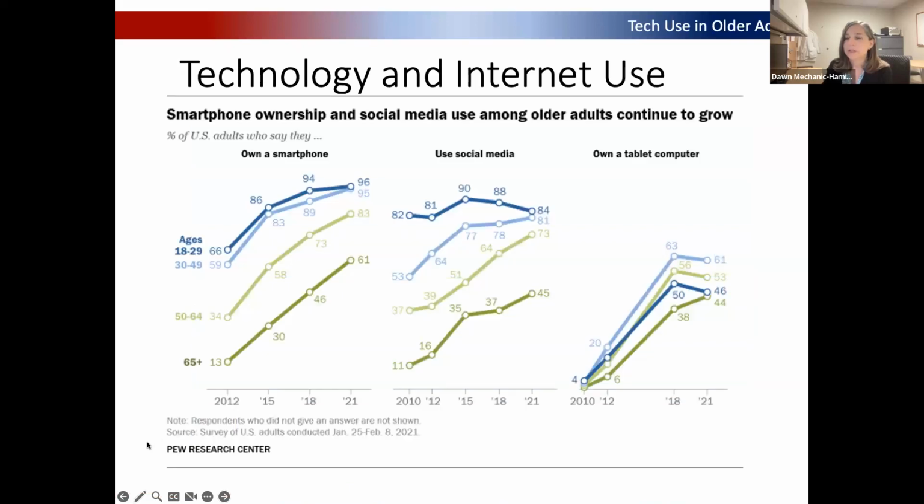Thinking about tech and older adults, the population that I typically work with, when I started doing work in intervention at the Penn Memory Center, when I was just finishing postdoc a little over 10 years ago, most of the people coming into our groups were not using smartphones and were not using a lot of technology. And that changed dramatically over the following 5 years to 10 years.